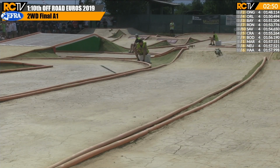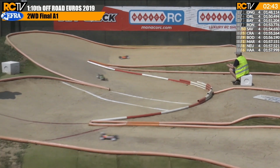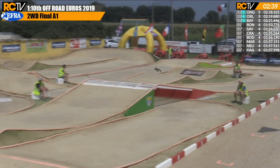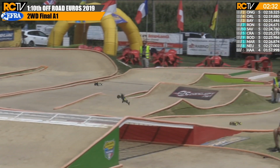And Ungaro looking strong at the moment over the J Concepts jump and the A Main Hobbies triple, although Hottanen looking a little bit closer. And indeed he is 1.7 seconds now. Last lap for Hottanen was...